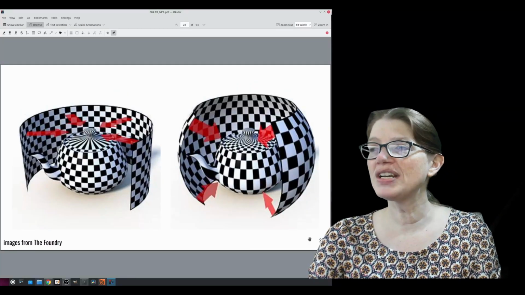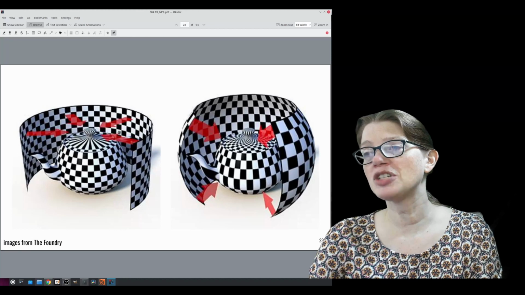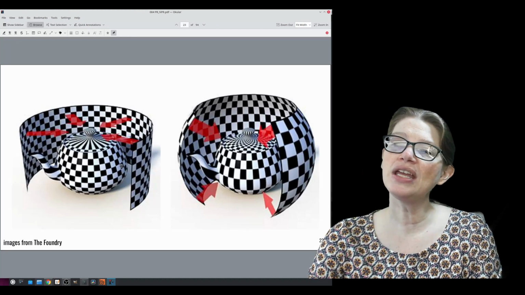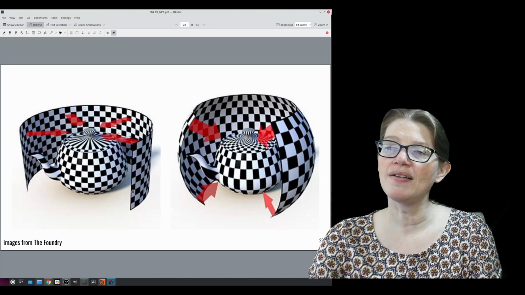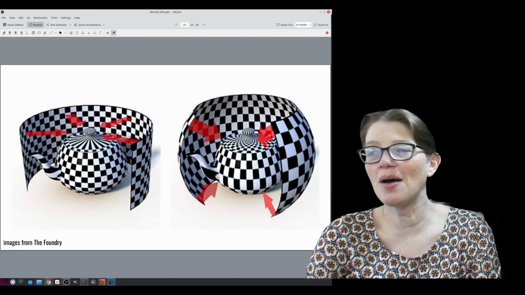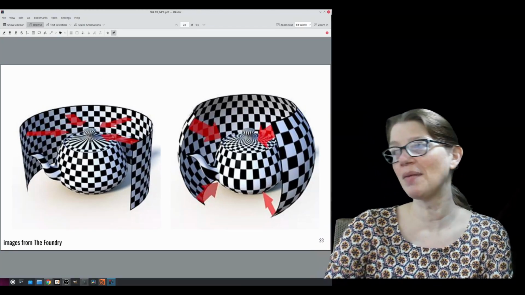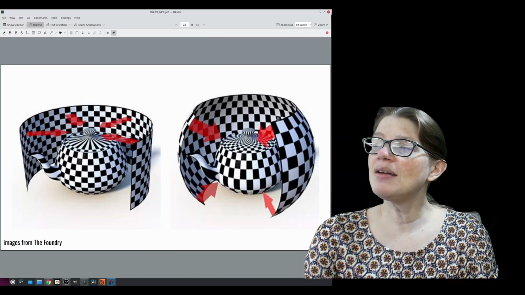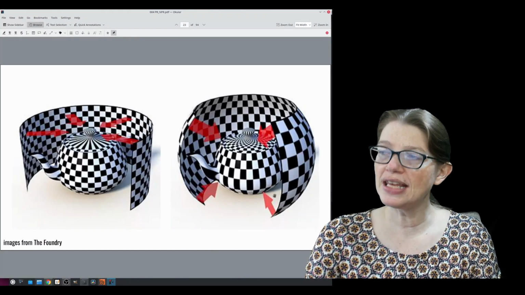My personal favorite is the cylindrical projection because it's really easy to implement. And it does a really good job of the sides, but it does a really awful job of the top. The top of the checkerboard pattern you can see here is very badly distorted. And then we have the spherical projection here,